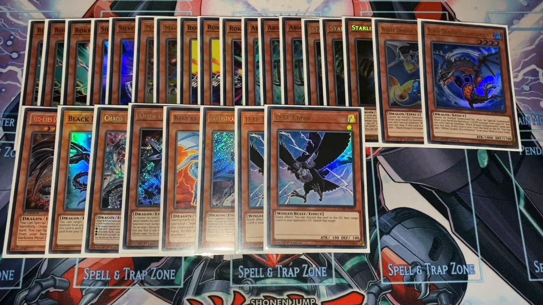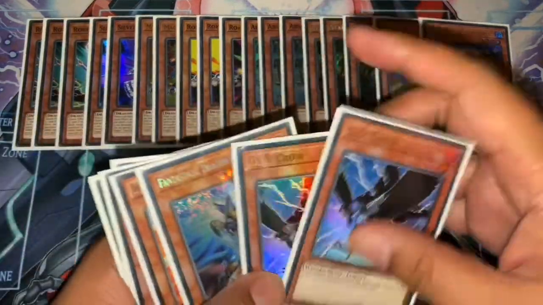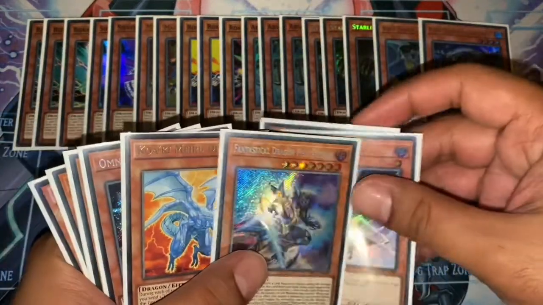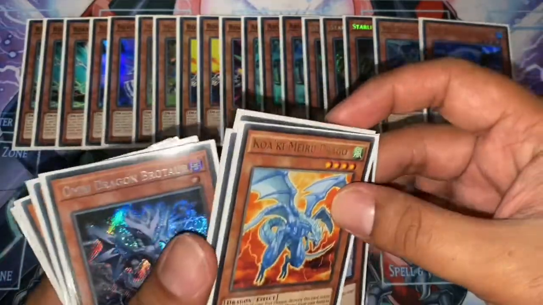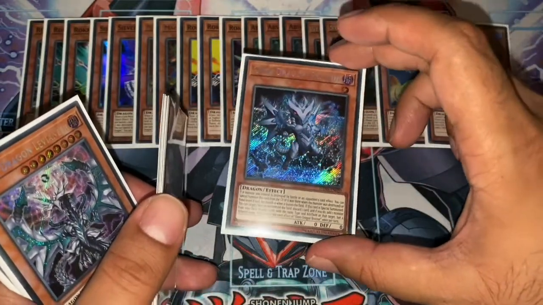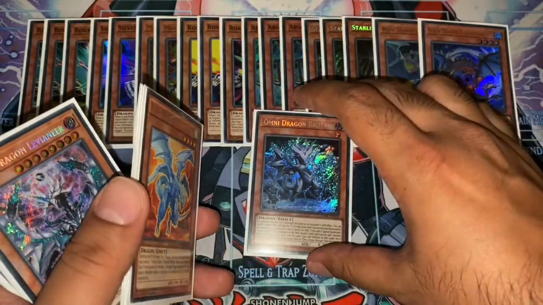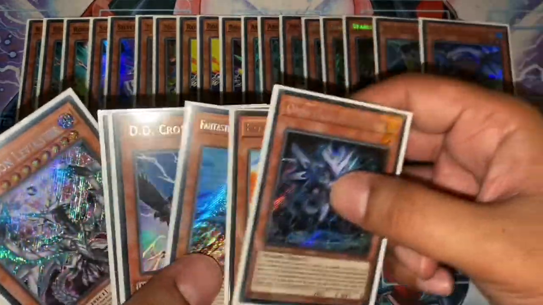Cool, so that's it for the monsters. If we were to highlight any real monsters, part of the combo is actually relying on summoning out Brotar 3 Hemispheres, and that's mainly because it's a level 1. But there's a way to get around that,